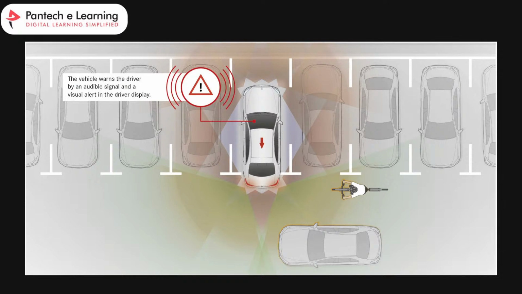So when is it really useful? It's super helpful in situations where your view is blocked, like when you are backing out of a parking spot between two big SUV cars. SUV stands for sport utility vehicle. An SUV is a type of vehicle that is designed to provide versatile and spacious driving. At that time this RCTA warns you about approaching cars before you can see them. So this is the RCTA.